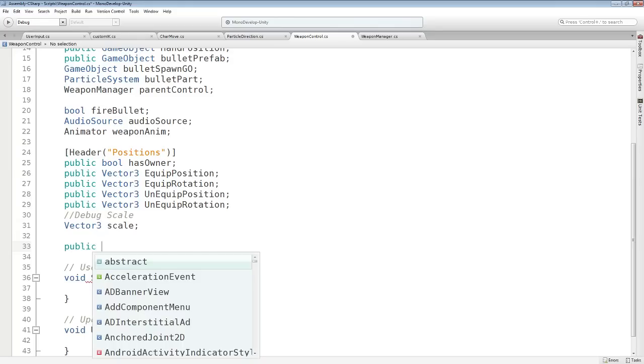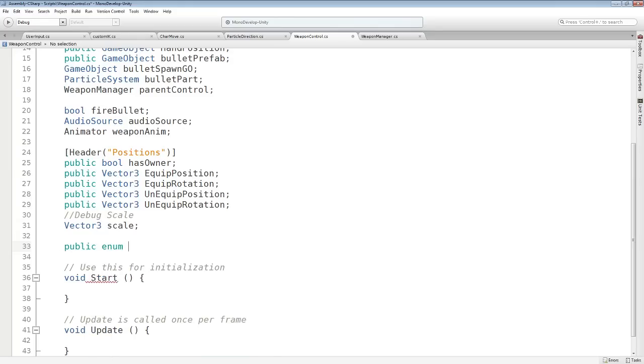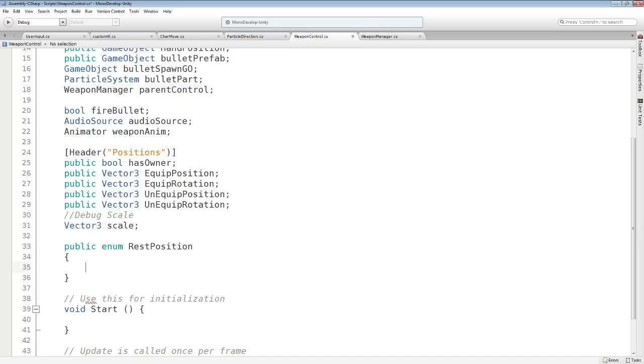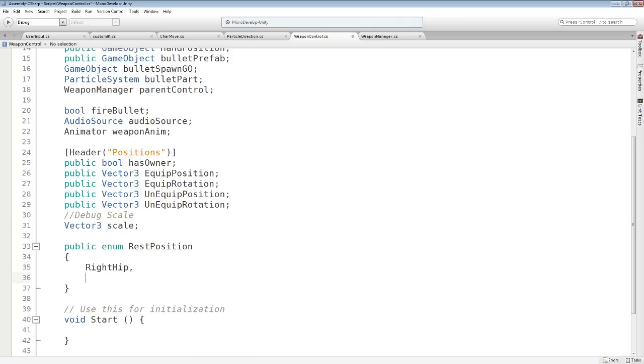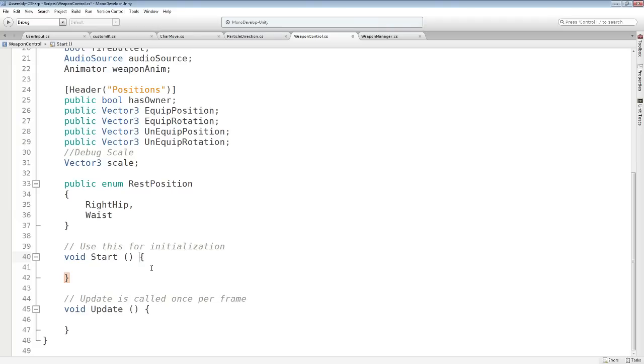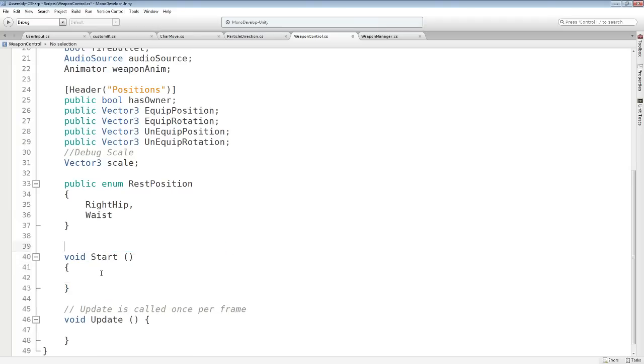So we need a way to determine this. We just make a new enum. We will call it rest position, and for right now we will write right hip and waist. You can add all body parts over here, but since I'm only using these two, I don't have to do it. So on our start,